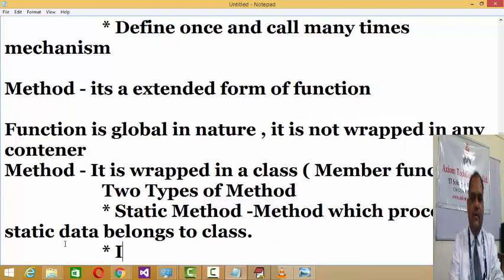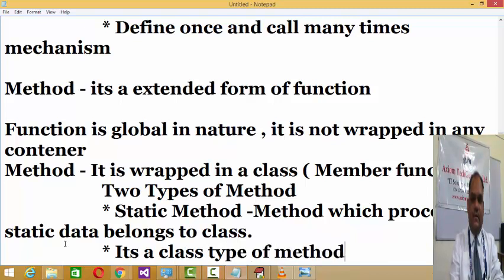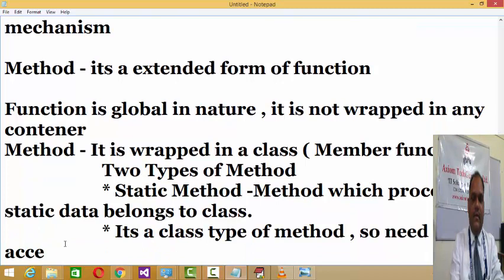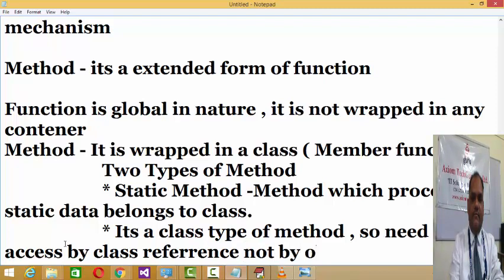It's a class type of method, so it needs to be accessed by class reference, not by object reference.